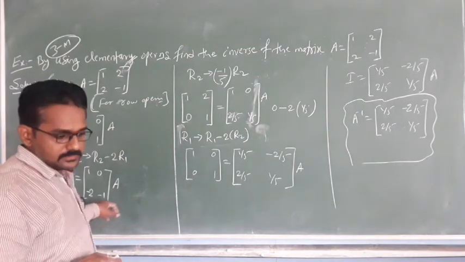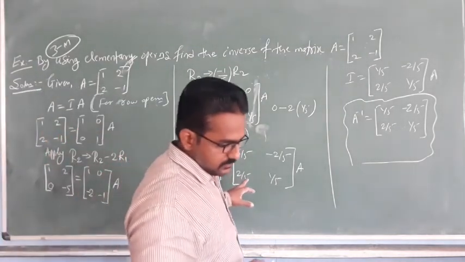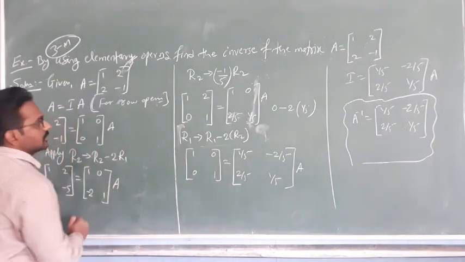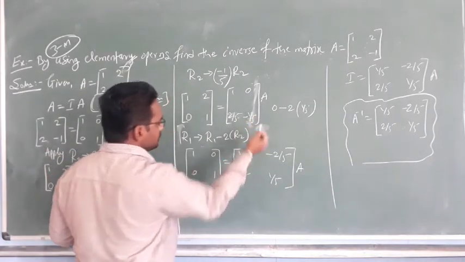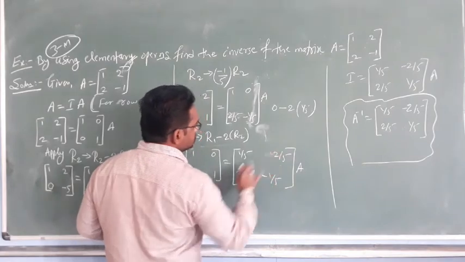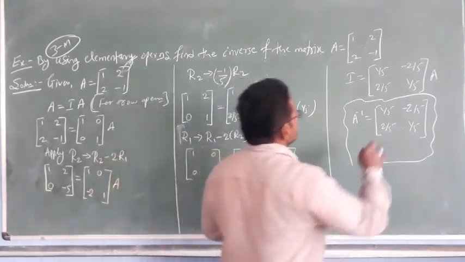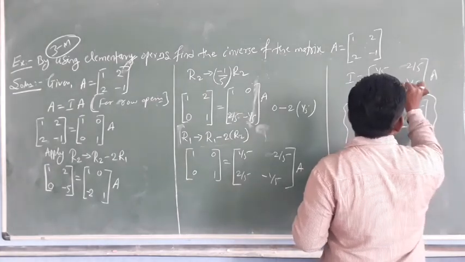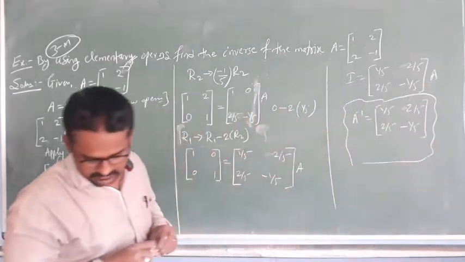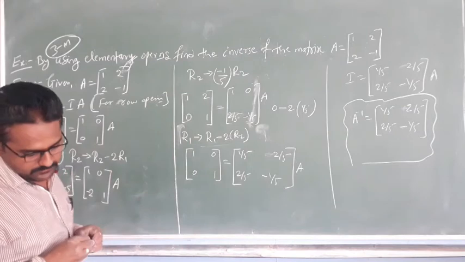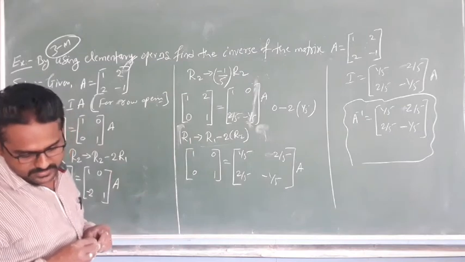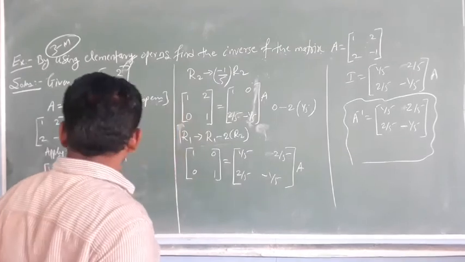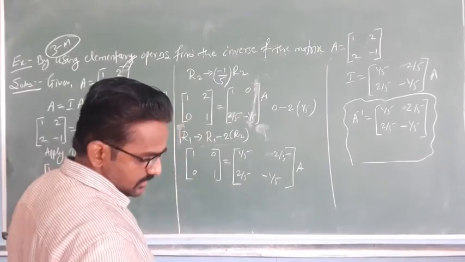Minus 2 minus, plus 2 minus 1. Yes, it will be plus 1 only, students. Sorry, here you get the plus 1. Minus, it is positive only. This is also positive. This is positive. This is negative. Sorry, students. Just check it once. 1 by 5, 2 by 5, 2 by 5, minus 1 by 5. Yes. Okay, in the 1 2 0 5, 1 2 0 minus 5, 1 0 minus 2 1 A.